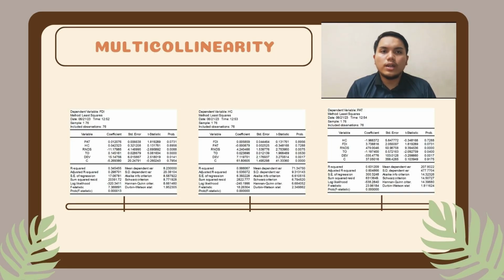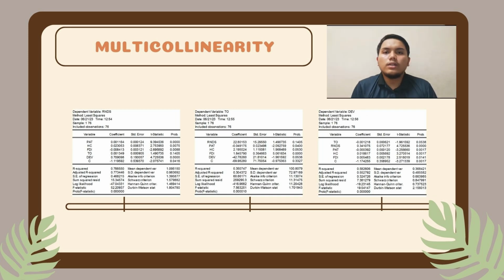Check whether there is a perfectly linear relationship between explanatory variables to avoid the problem of perfect multicollinearity in this model. Then we regress each of the explanatory variables on the other explanatory variables. The result shows that the value of R squared for FDI, human capital, and patent is below 0.8, meaning that there is no problem of perfect multicollinearity. For R&D, even though the value of R squared is 0.788, where there is an imperfect multicollinearity, it is still acceptable as it is below 0.8. And lastly, there is no perfect multicollinearity for trade openness and developed country as it is 0.3 and 0.58.